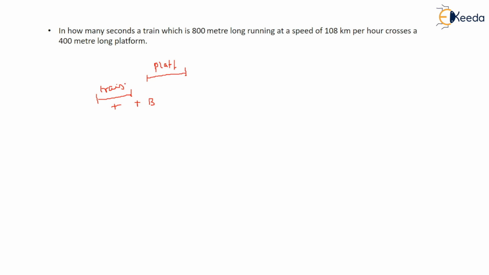So here the length of train is 800 meter. The length of bridge is how many meters? 400 meter, right? So the total length will be 1200 meter. Okay, and this they have to cross, and the time is asked of you. You know the speed by which it is traveling, that is 108 kilometer per hour. So you see here it is in kilometer per hour, you have to convert it into meter per second. So for converting to meter per second, 5 by 18, this comes out to be 6 into 5, that is 30 meter per second, right? This is your speed.